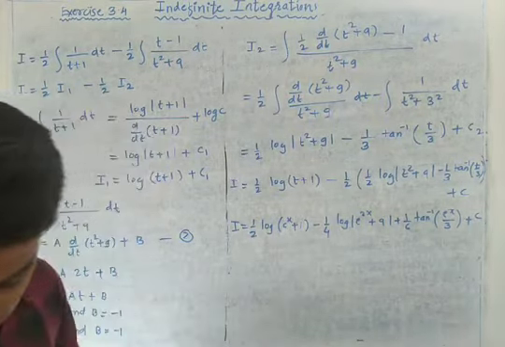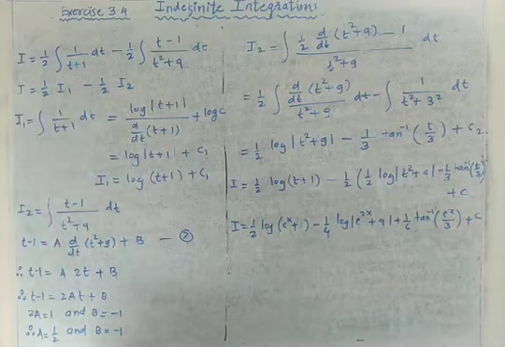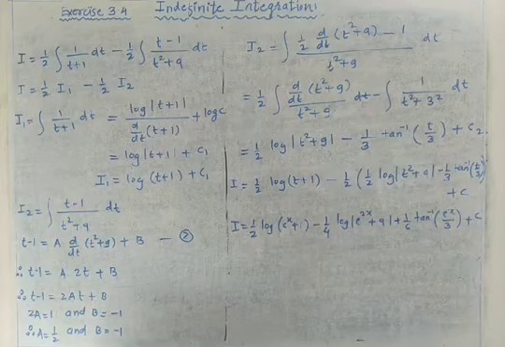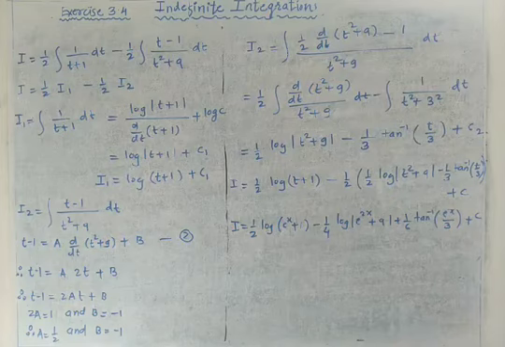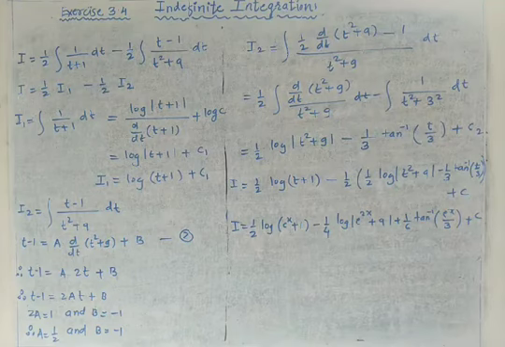Get it? So please check the solution from first step to last step, how we are getting the answer for this last type of integration by partial fraction, where one is a factor and one is a non-factorable quadratic equation. Okay, so please check the solution set of all the questions properly which we completed.